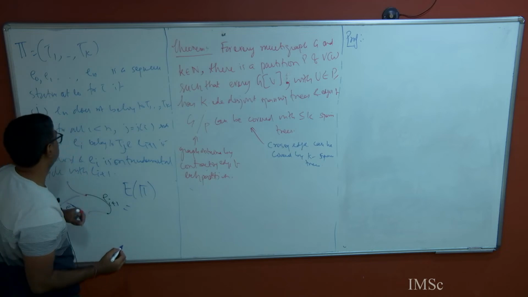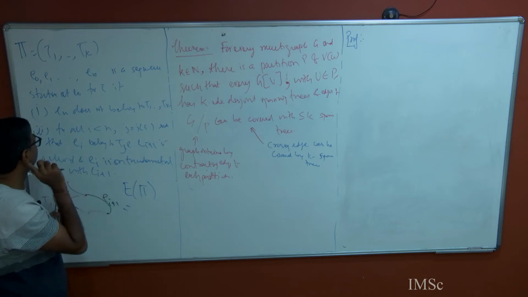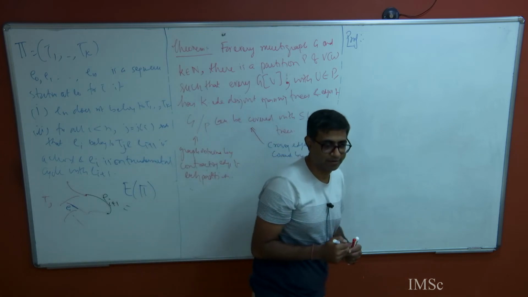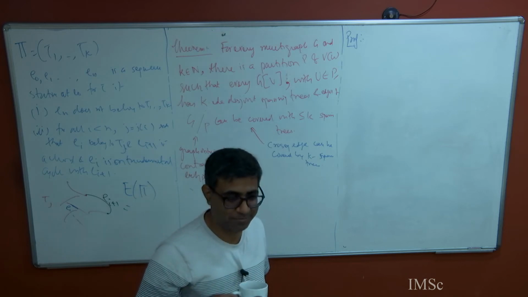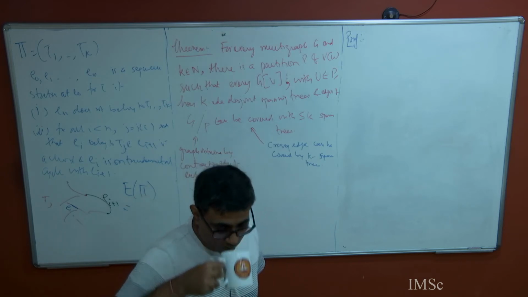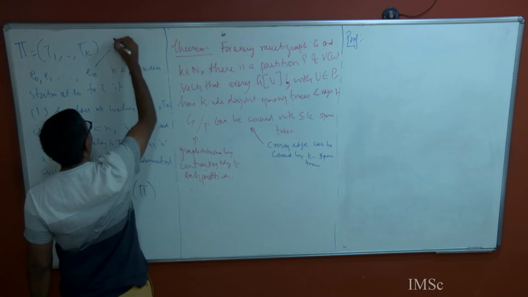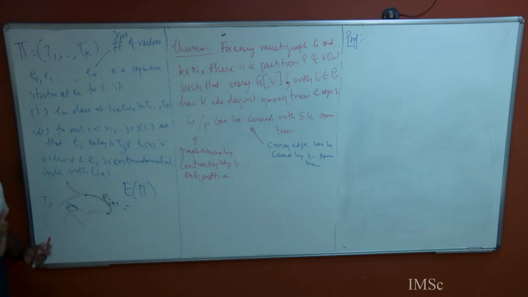Someone asks whether N is the number of vertices. No, En is a sequence. You're right, maybe I shouldn't be using n, but let's stick to it, because otherwise I will have to keep track of so many numbers in my head. N is not the number of vertices. I'm not very well versed with this proof, so you have to be on your toes and pinpoint inaccuracies and mistakes.